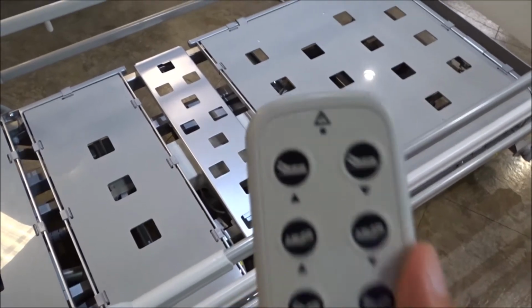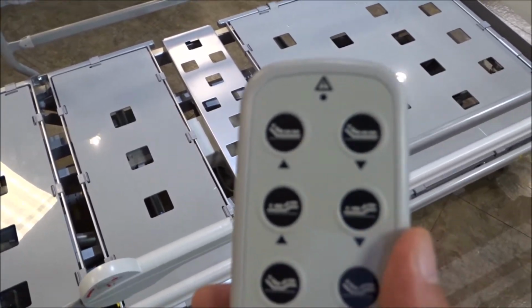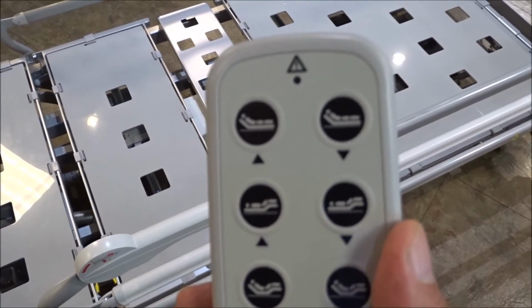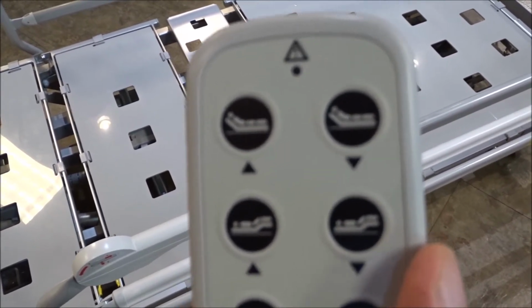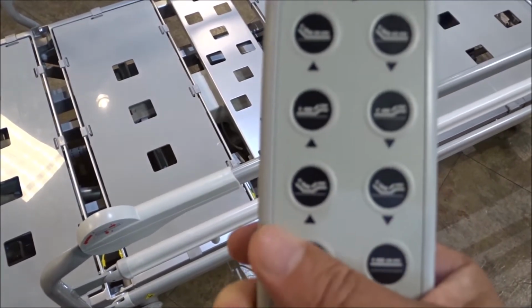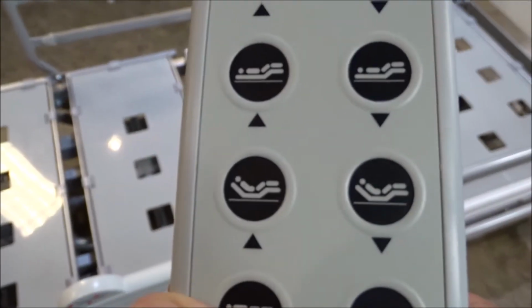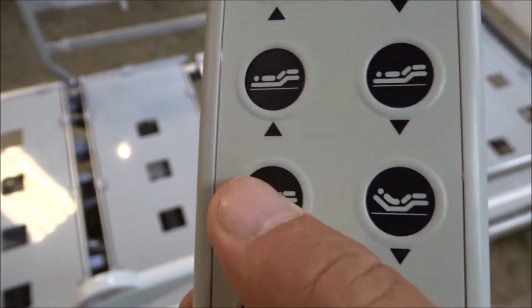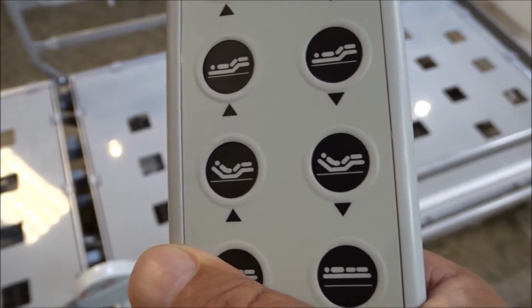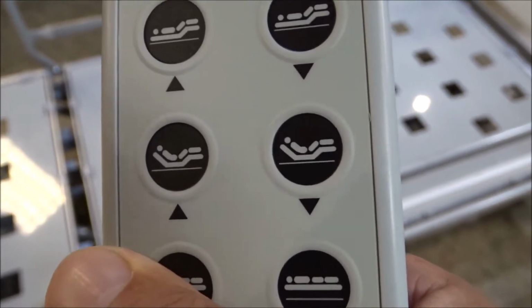Now, first off, they call it a pendant. In our world, it's going to be referred to as a remote control, but that's the technical term in a hospital. Head up and down, foot up and down. There's two different sections of foot up and down right here. And then you have this section right here, if you can kind of see that, where you've got a, it's called a BiMedix surface. But what this is going to do is it's going to sit the person upright, but